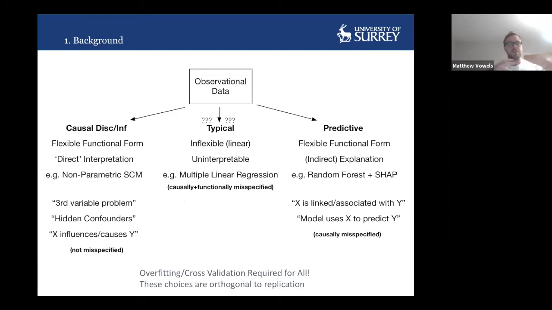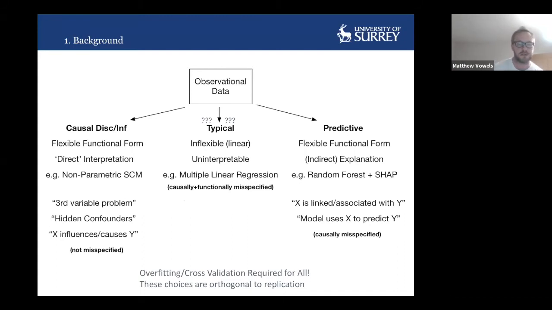So in my view, there are three routes that we can take when we're presented with observational data. This is actually applicable to experimental data as well, but the causal inference question takes on a particular glow when we're dealing with observational data rather than experimental data. It just becomes a little bit trickier. If we can deal with it with observational data, we can certainly deal with it in experimental data, which gives us additional control. These three routes include the causal route on the left here, then the typical route in the middle, which I put question marks around because I don't really know what it does and I don't really see its purpose, and then there's a strong predictive route on the right-hand side.